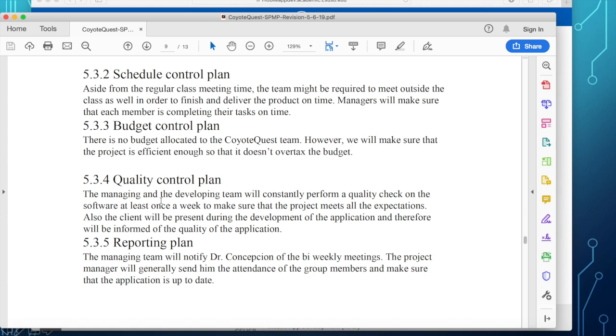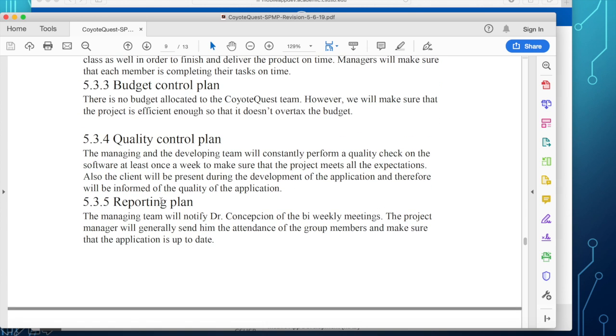Quality control plan. Our measure of the quality of our software is through the number of faults that you discover per 1,000 lines of code. Now remember, the development teams are doing unit testing, integration testing, system testing.